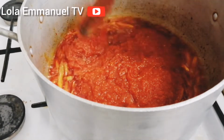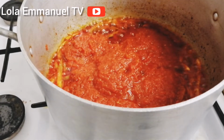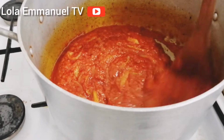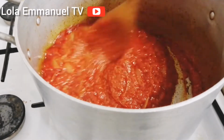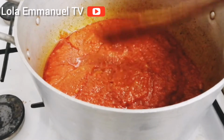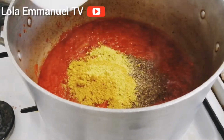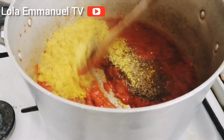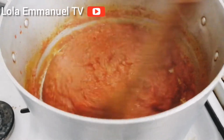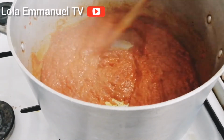I won't be using all these boiled tomatoes and pepper. After adding the boiled tomatoes or pepper, I will stir. Then I will add curry powder, my seasoning cube. Then I will stir together and cover this to cook for about 5 minutes until